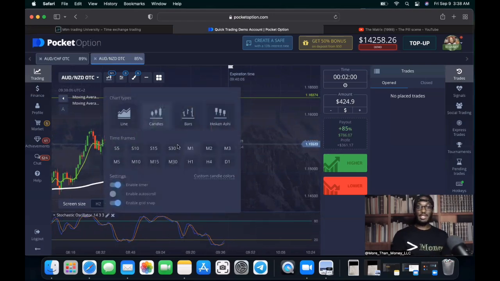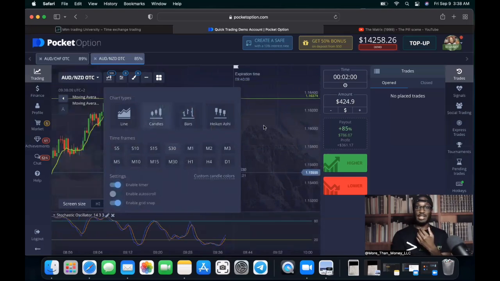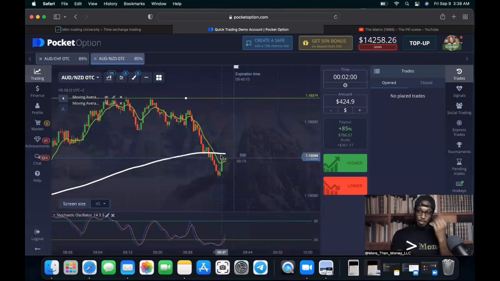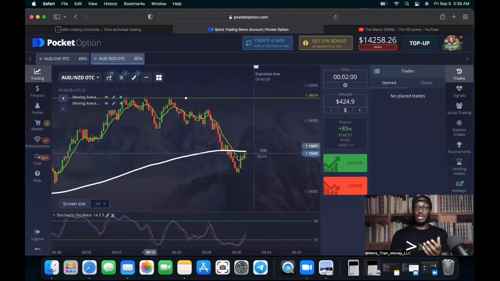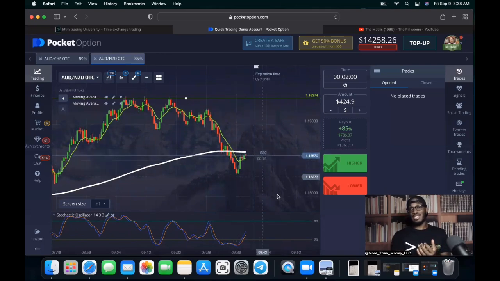So now, again, we go back to the smaller time frames, and now we're breaking down price into molecules, and we see that price was right on the EMA. So price was definitely being controlled by the 30-second EMA. We had some strong downward movement, but now it could be pulling up, telling us that it's going to pull past this EMA back into that uptrend movement, or it could get stuck on the EMA for quite some time, or it could get stuck for a moment and continue to move downward, because this is some strong downward movement.